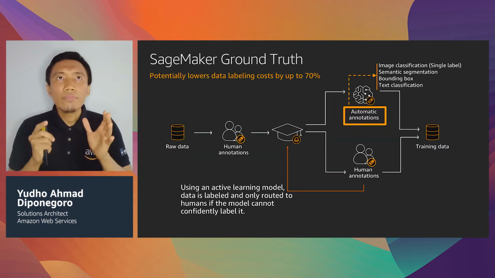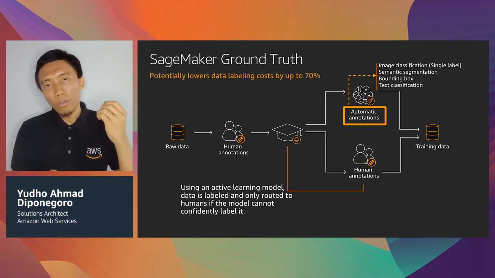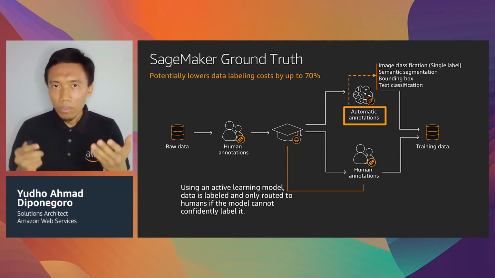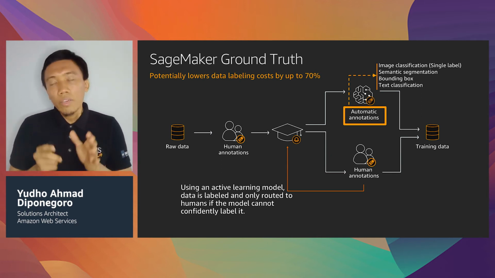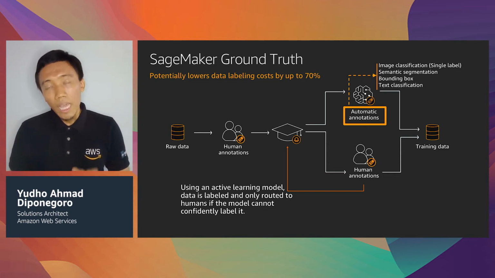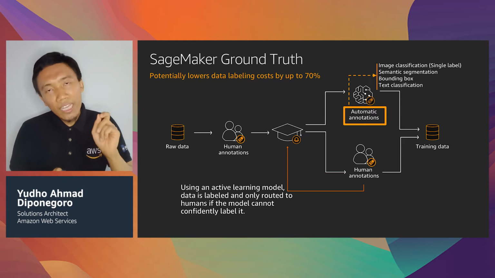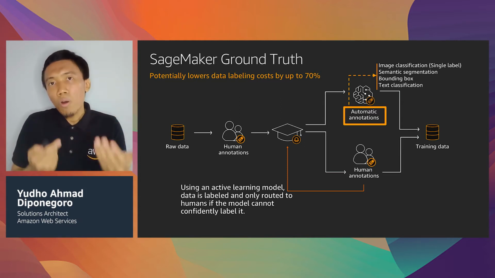Imagine that you have some raw data that you need to get labeled by your own private workforce, by a vendor-managed workforce, or even Amazon Mechanical Turk. You can use SageMaker Ground Truth to orchestrate the whole process. And even better, if you choose, you can enable active learning that is able to do some automatic data